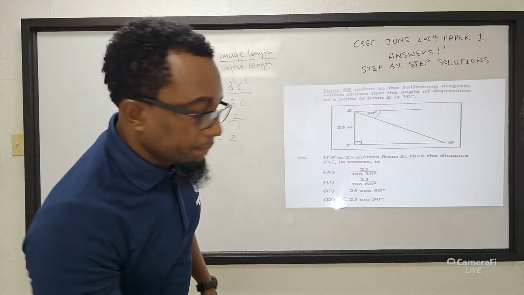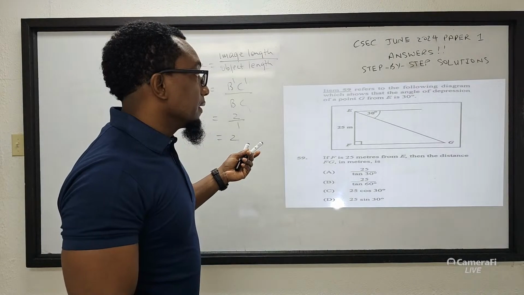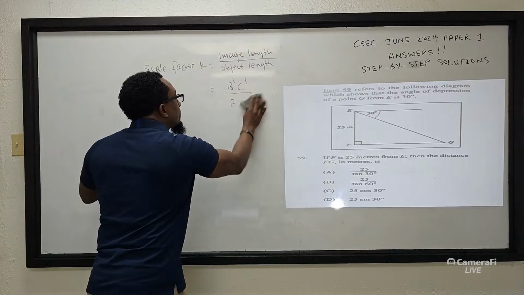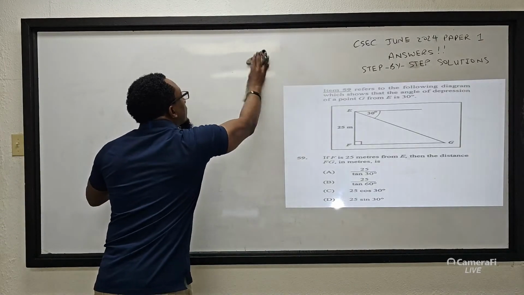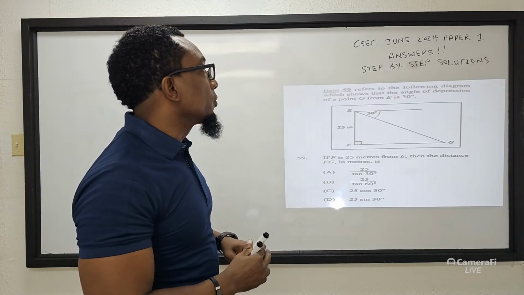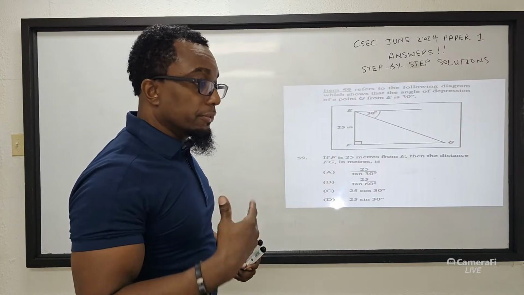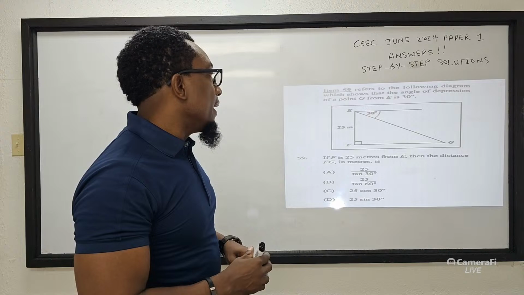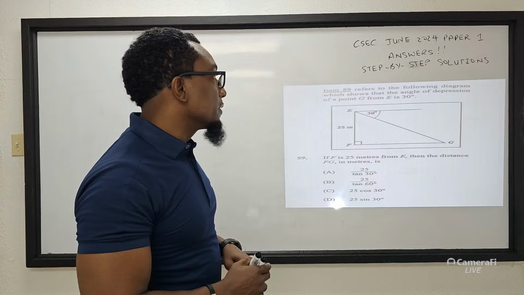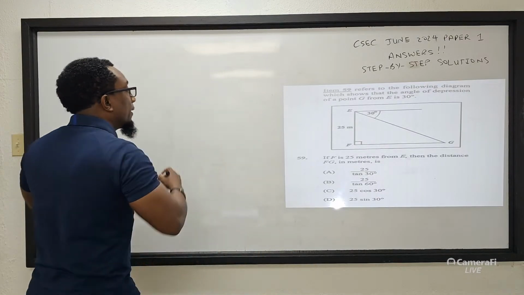Let's look at 59. Right, and this question, we also did a question very similar to this. Item 59, refer to the following diagram which shows that the angle of depression of a point G from E is 30 degrees. If F is 25 meters from E, then what is the distance FG in meters? So we have here